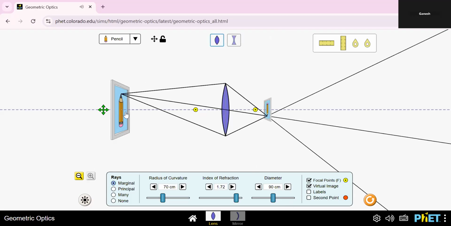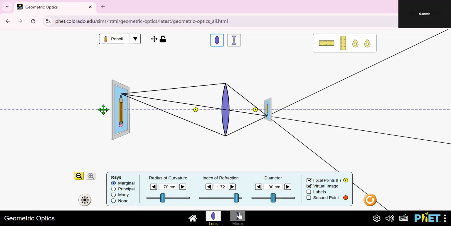So the first one, this is the picture, the correct object. When we take the pencil as the object, the light is passed through the convex lens. The image is formed in this part. The rays are refracted in this manner. Already we know about that. This is the principal axis and then the refracted rays also. So next one,